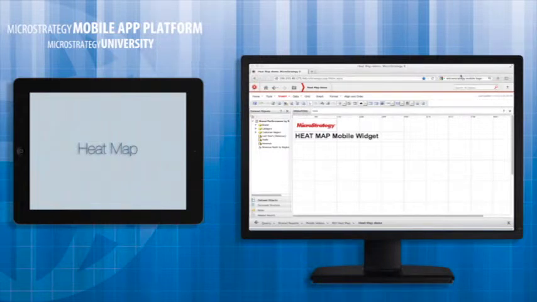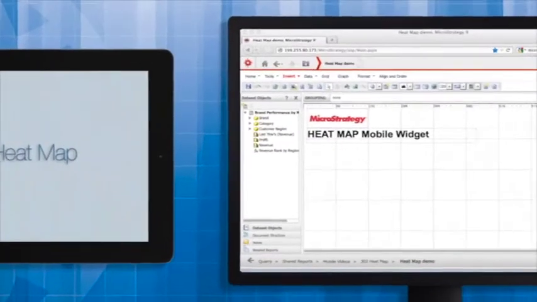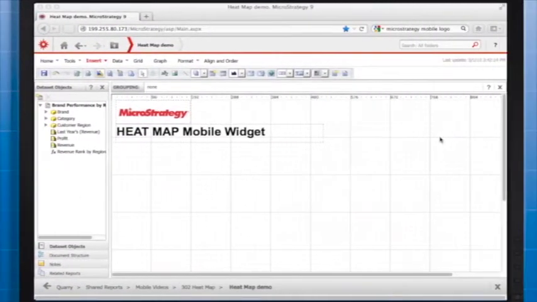and mobile applications. We will be using MicroStrategy Web to build the widget within a document and MicroStrategy Mobile to view the widget and ensure the appropriate visualization and formatting effects are achieved. In this exercise, I will illustrate the steps required to create and format a heat map that is both impactful and visually appealing. First, we need to create a report that contains the required objects to power the heat map